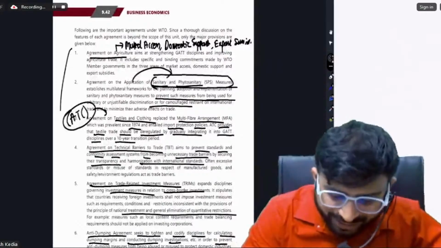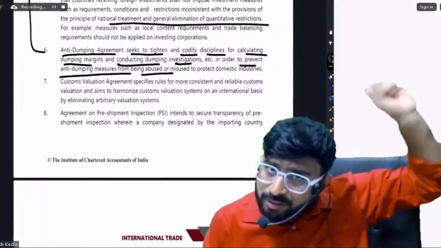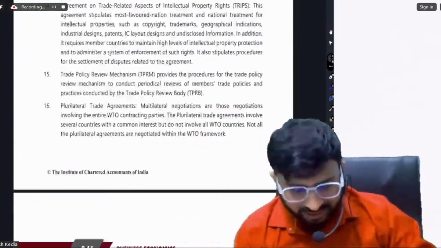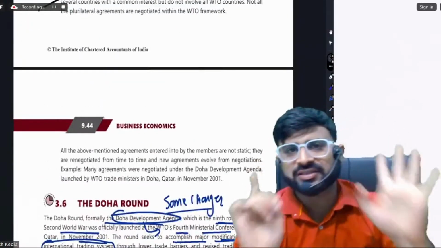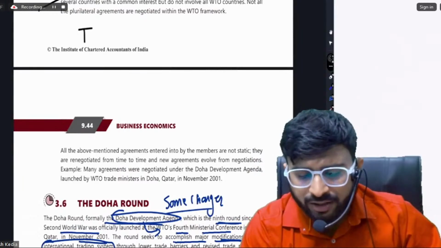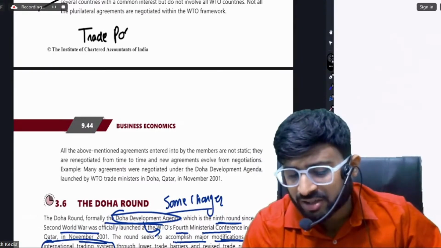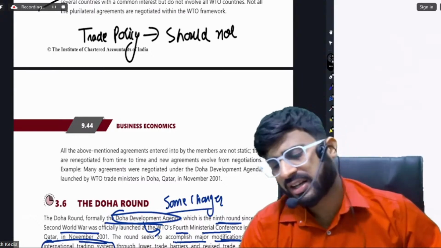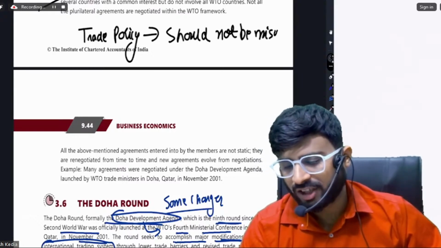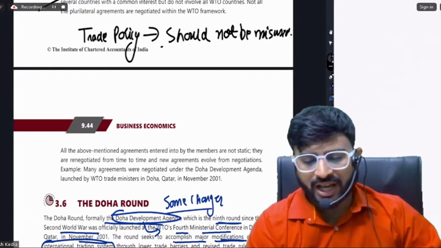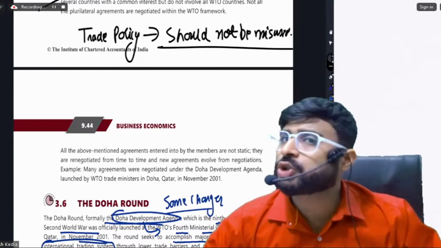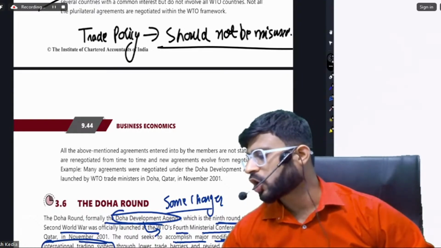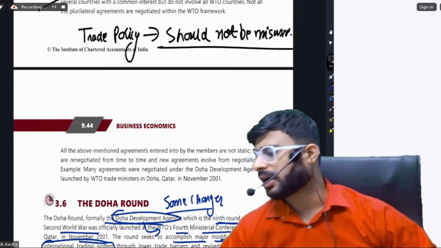You see, every point here is saying the same thing, that the trade policy measures that we have studied should not be misused. In simple, there are 16 points, but I can sum up the 16 points in one line. What? That the trade policy instruments that we studied last class should not be misused. In one line, I have covered all the 16 points, though I am going to read all of them, but I think you have understood. Trade policies should not be misused is the common agenda.